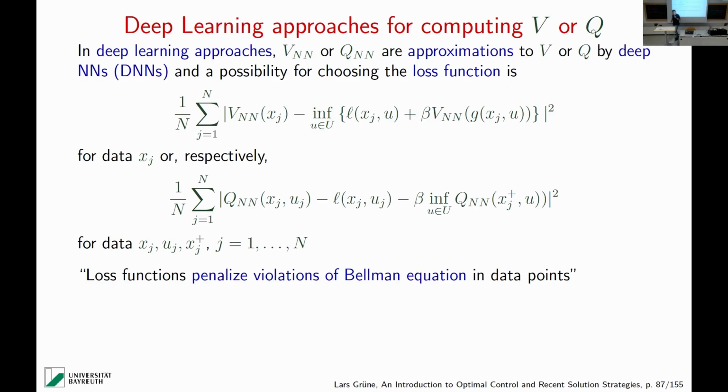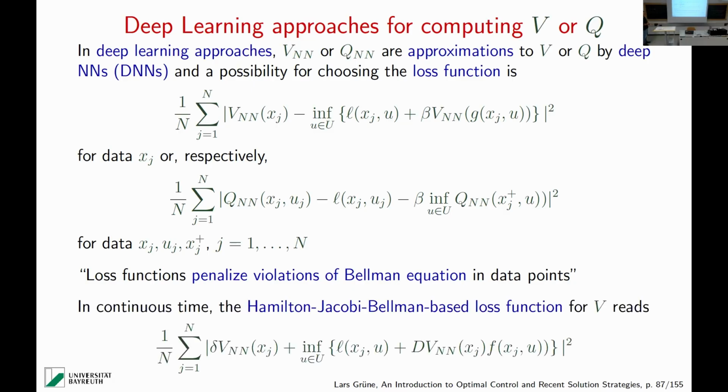Okay, maybe I didn't make this precise. It's a different kind of learning. In supervised learning, I know the values of the function. Here I don't, and that's why I use the Bellman equation as a proxy. And if the learning is successful, you would get exactly what you want. The trouble is that minimizing this with gradient or stochastic gradient descent is really a hard task, right? And this is why,